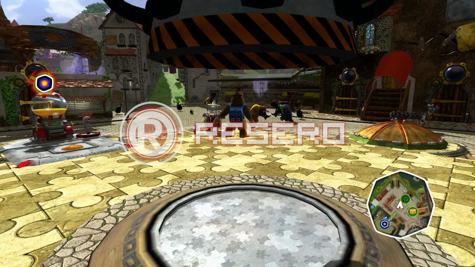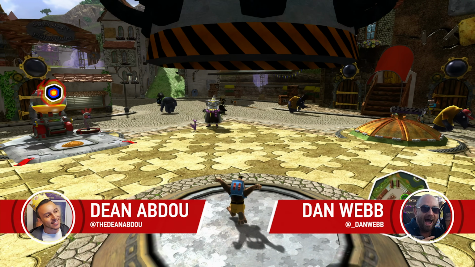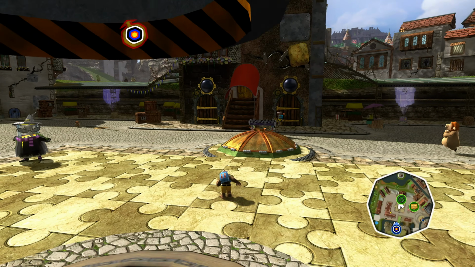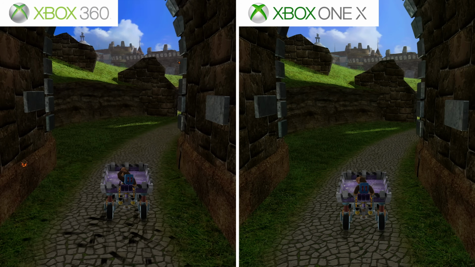Hello, Dean. Hello, everybody. Dean, yesterday we were disappointed with how Banjo-Kazooie and Banjo-Tooie looked no different with the Xbox One X enhanced versions. But today, we're about to set that right, because this is actually one of the more impressive ones. Banjo-Kazooie: Nuts and Bolts, and it's only when we do the zoom ins that you can really see